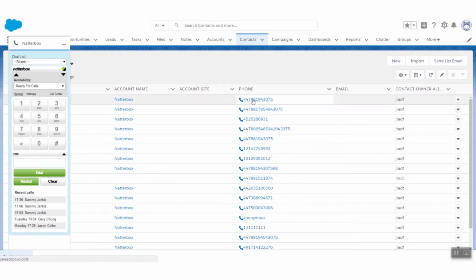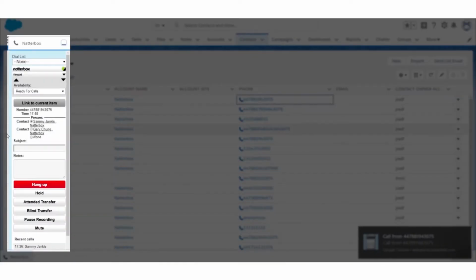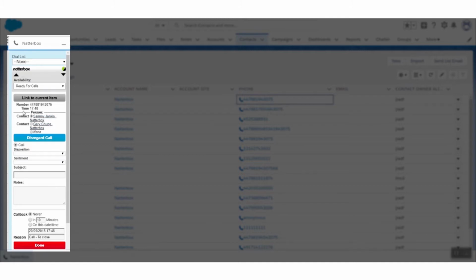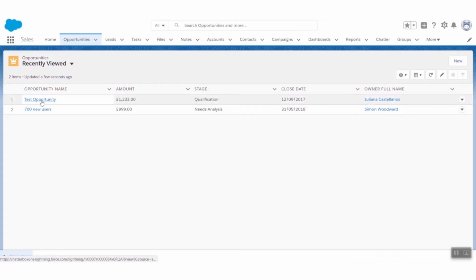So I'm going to click on his number again, and there we can see that call is being made out. I had a chat with Sammy about the opportunity he has with us, and he agrees that he's going to sign the opportunity. So I need to make sure that these notes get added to the opportunity, not just to Sammy Jankis. So I can go to the opportunity and select any object within Salesforce,